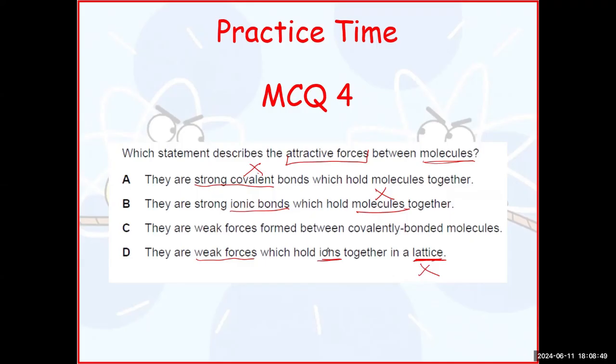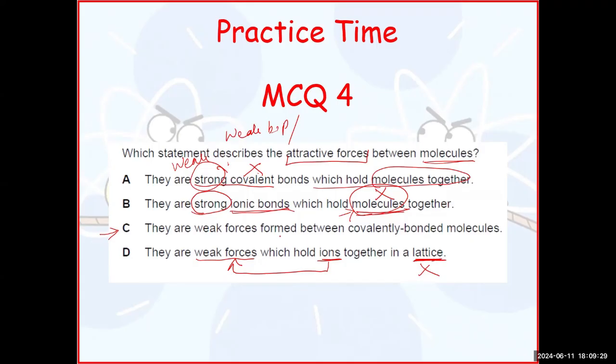As Abdullah rightly said, if it is ions, it cannot be weak force. Strong ionic bonds cannot have molecules. I just said ionic bonds cannot have molecules. And the forces holding molecules together are not strong. We just discussed that they are intermolecular forces, because they have low boiling points and low melting points. So the forces are very weak. Only ionic compounds have strong forces, but then they do not have molecules. So option C is correct.